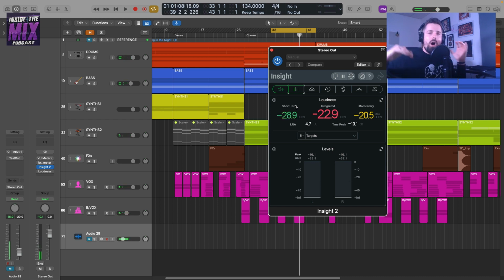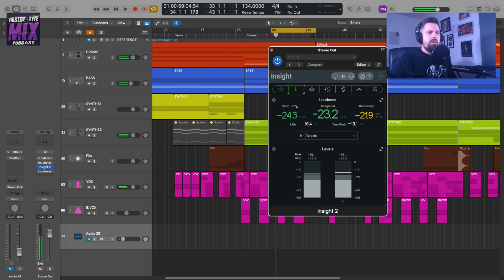It means I haven't got any wild variations going on in this piece, which is exactly what I want. And then my true peak's at -10, and I've got an RMS which I think was sat around -20. So I've got a crest factor of about 10, which is great, which is what I want, because